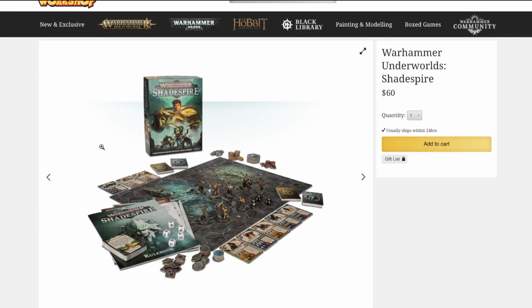But for $60, you're getting a 2-player starter set. So there's enough models in here. You're going to get 3 of the Stormcast Eternals, 5 of the Blood Reavers that come from the Khorne army. And it's pretty much an even battle. It's not a points-based game system from what I've read, which is a little bit weird because I think competitively we're used to doing that, but it's really just meant to...